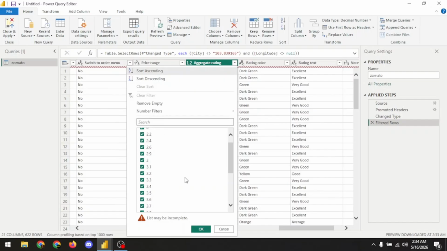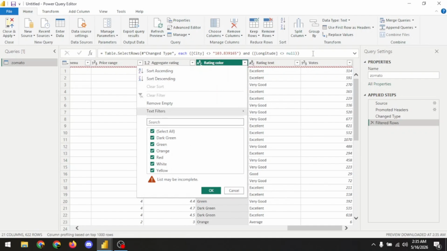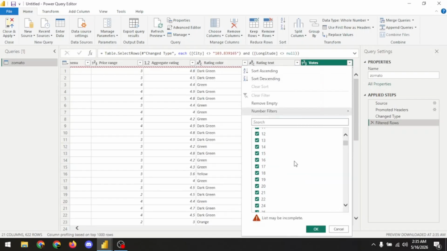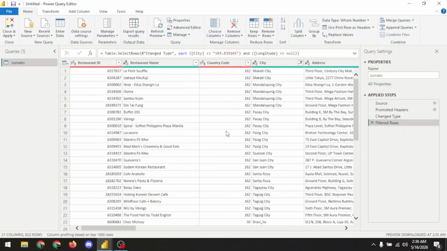Now we have one with aggregate rating, so let's just see. And here's the rating color. So we have dark green, red, orange, the spelling mistakes all check out, average, excellent, not rated, nice. And these are the amount of votes that start from 0 to something of them. So these are all of our data here,